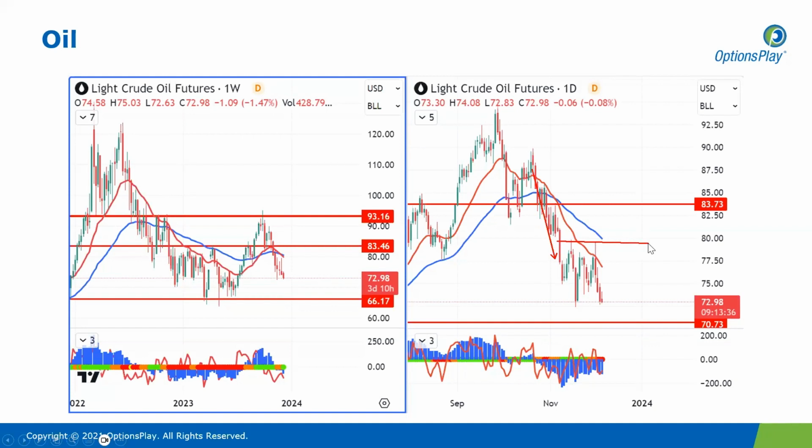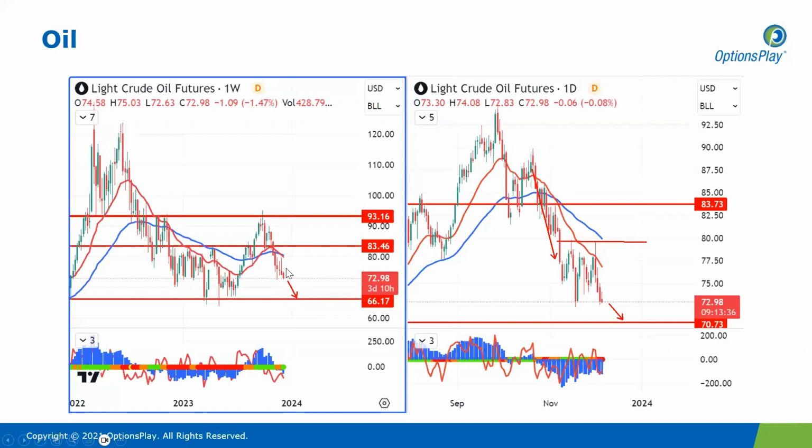We're seeing a minor resistance zone at 80 and some minor support at around 73 to 75, but clearly you can see prices pressuring down on the zone, and there is still some more room for decline back down to daily support at 70. But the key area that I'm looking at is weekly support at 66. I believe there is definitely a lot more room for this oil decline to continue to move lower towards the